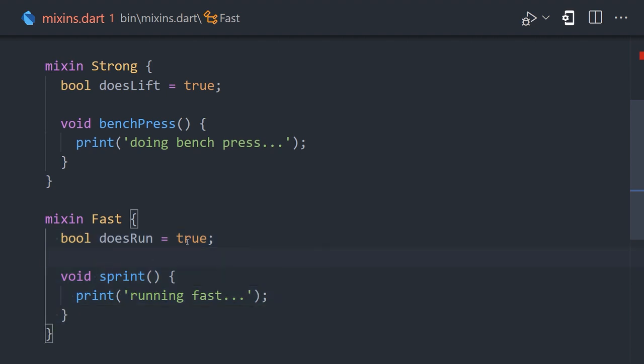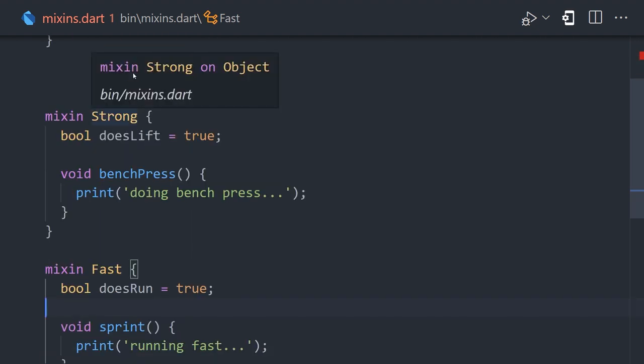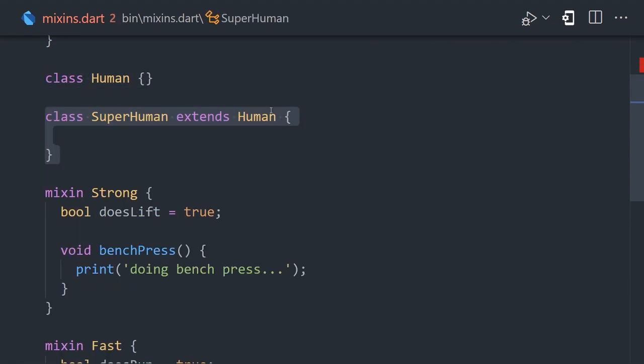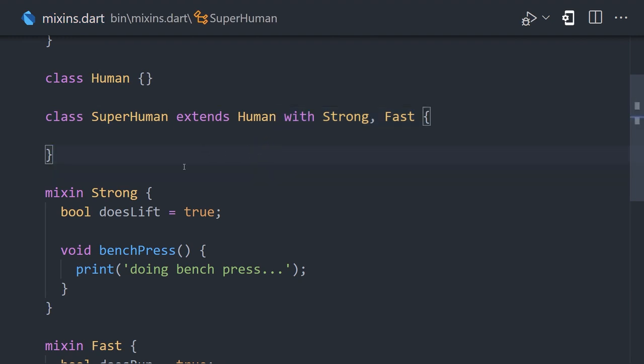So what we're doing is creating a new class called Superhuman that extends all the behaviors of a Human, but has additional behaviors beyond that class, like Strong and Fast, and we can add as many of those behaviors as we need using the with keyword. And that gives us a Superhuman that has all of the features of a Human, along with the additional behaviors